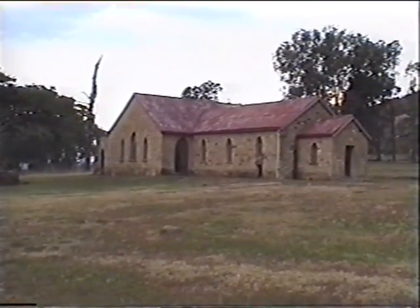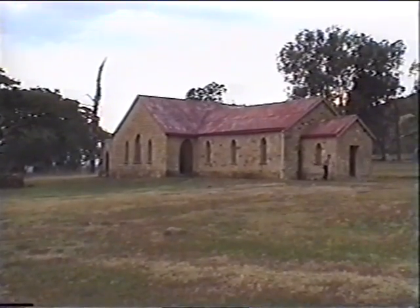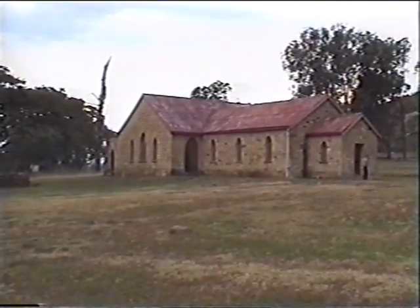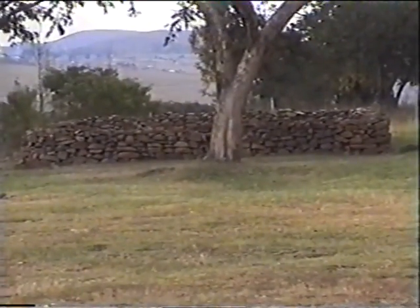This is the little church at Rorke's, which was not here during the defence of the garrison. The commissariat store actually stood very close to this position, and the final redoubt where the British made their stand was more or less where that stone kraal is today. There's a tour going on here, and an excellent tour guide is telling his audience all about